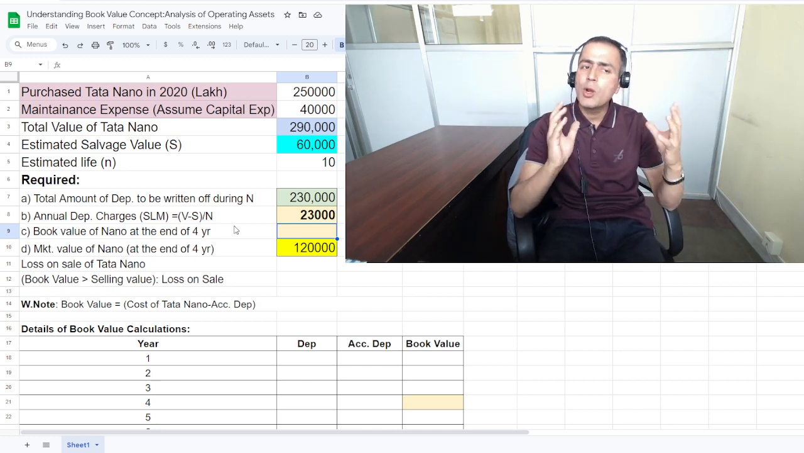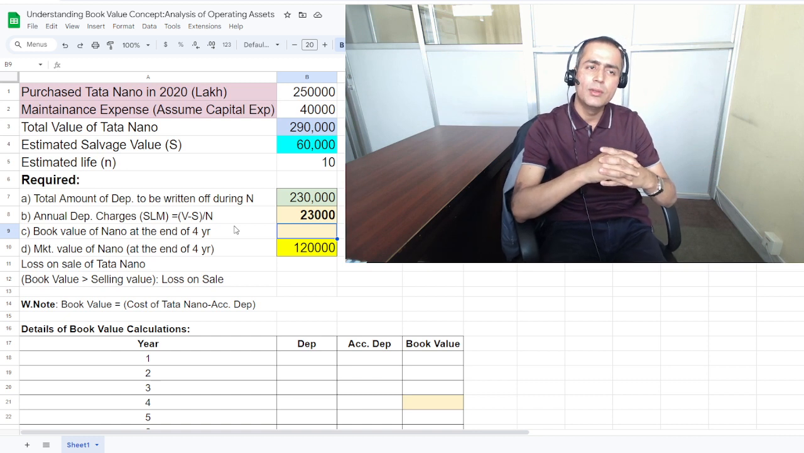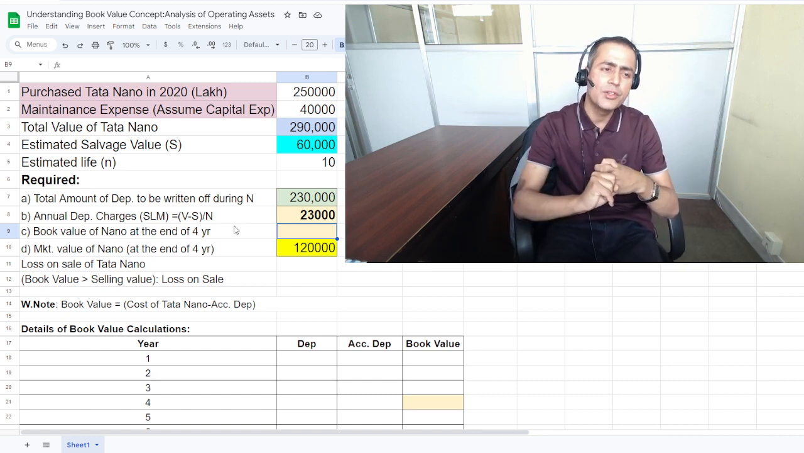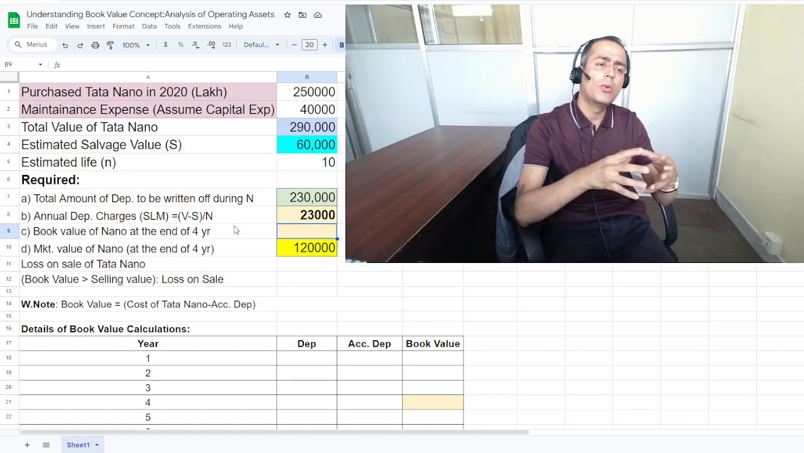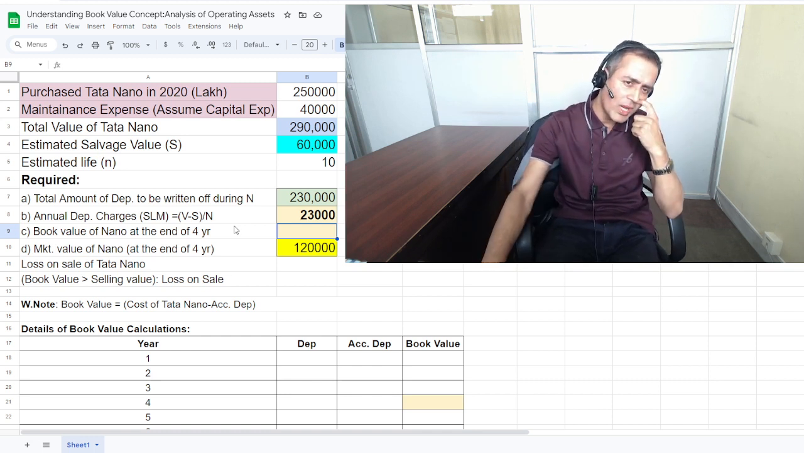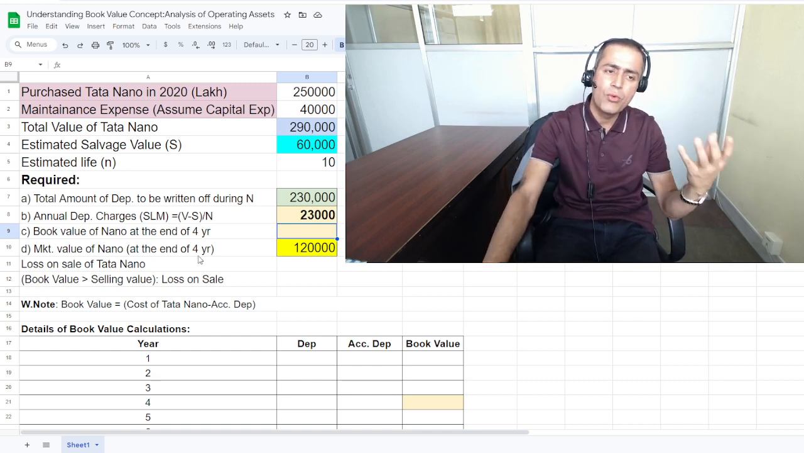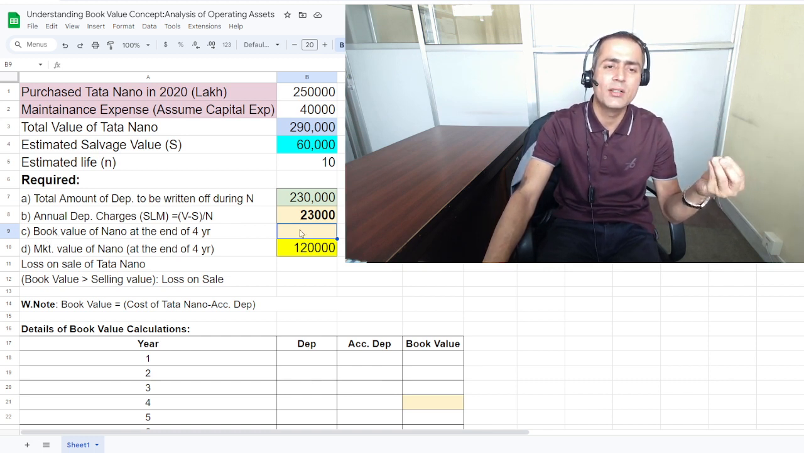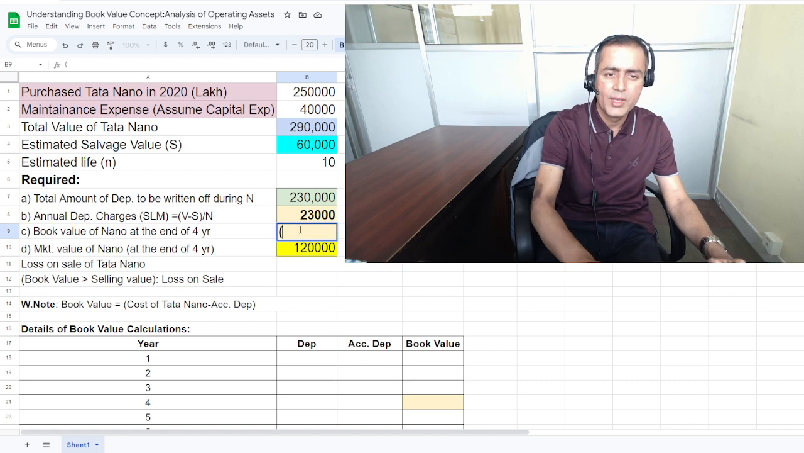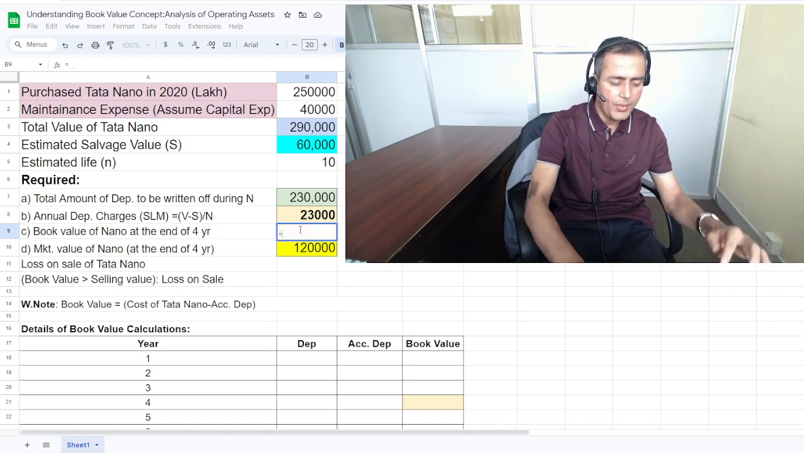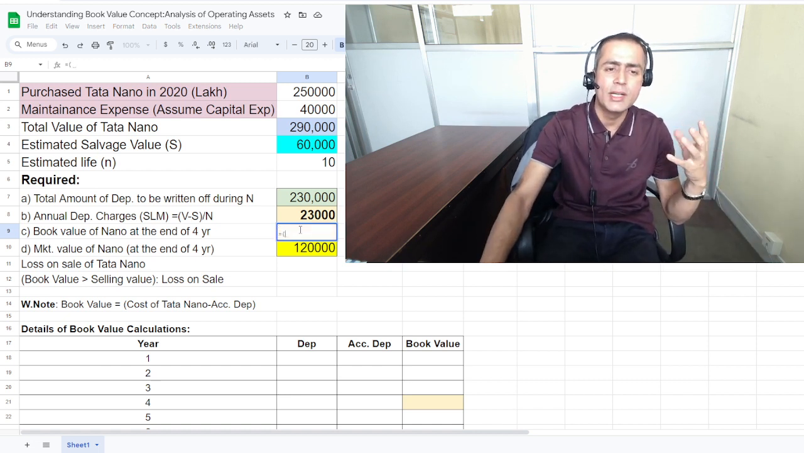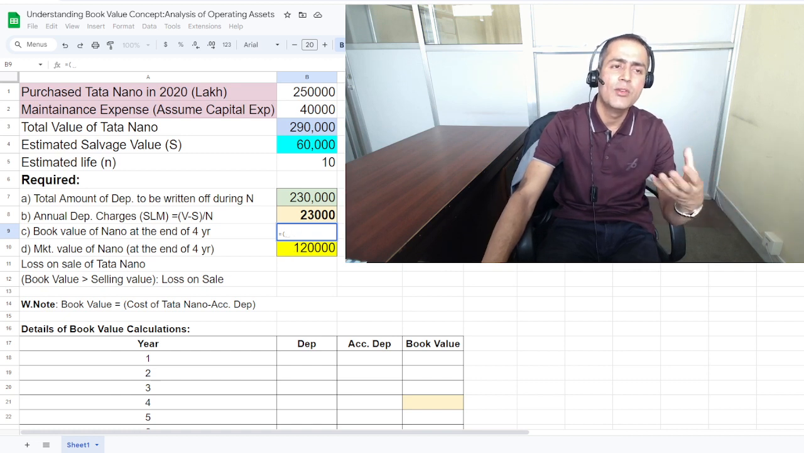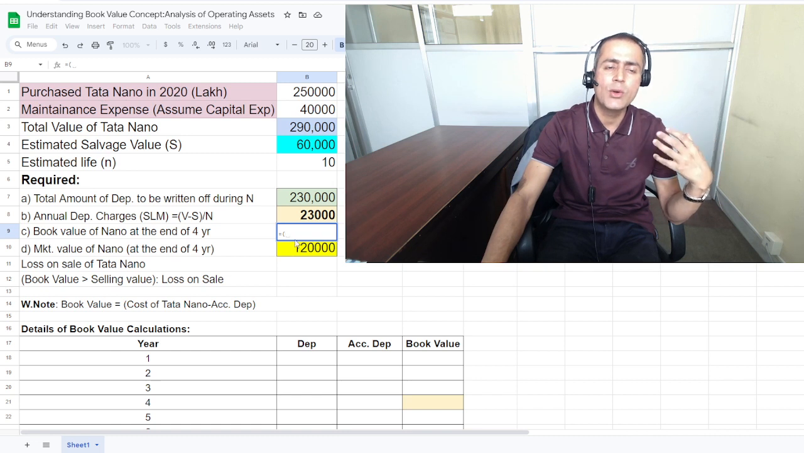Now you are planning to sell this Tata Nano for 20,000 at the end of the 4 years, for which you need to calculate even in the working note. That is how we calculate the book value first. Book value means simply that accumulated depreciation would be deducted from the value of the Tata Nano. That is, what is our total cost? Yeah, value 2,90,000